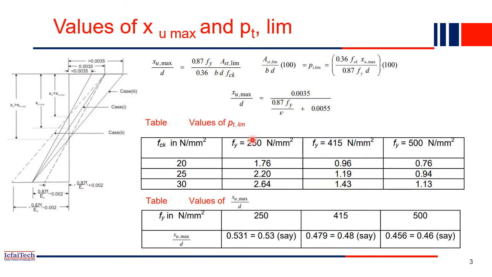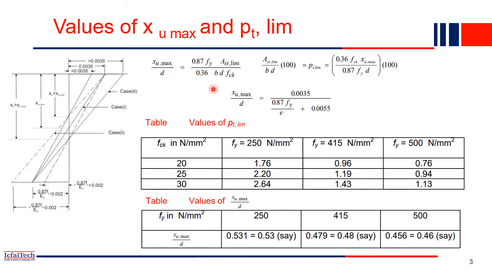Now we'll derive a few formulas from here. So now you understood, right? XU max. This formula we have derived just in the last slide. Now XU is replaced with XU max. XU max means the top fiber is also failing and the bottom fiber is also failing simultaneously. Both the fibers are failing at the same time. So that condition we'll consider and derive our section. So now XU is replaced with XU max by D equal to 0.87. Similarly Ast lim will also come, because you should not use more area of steel. So the limiting value of area of steel is also there.